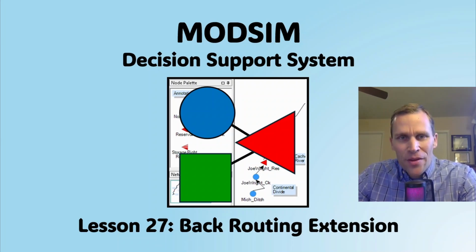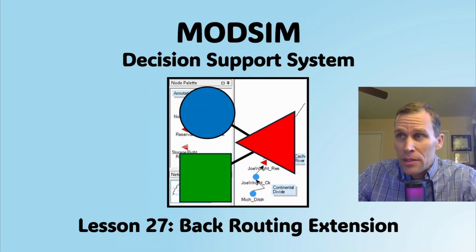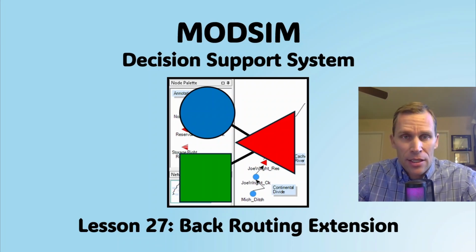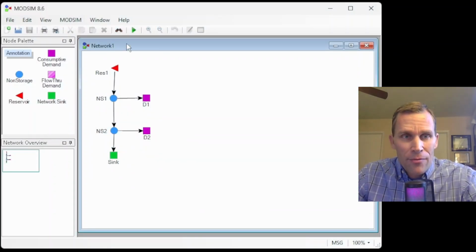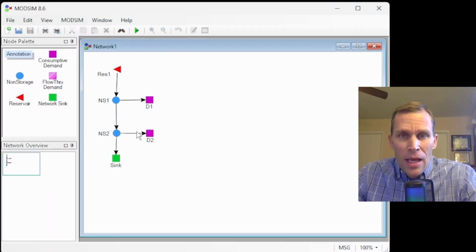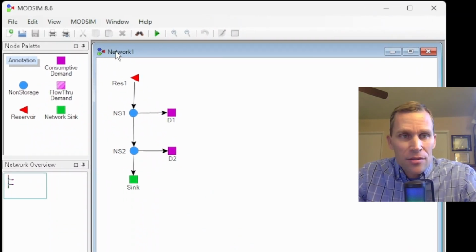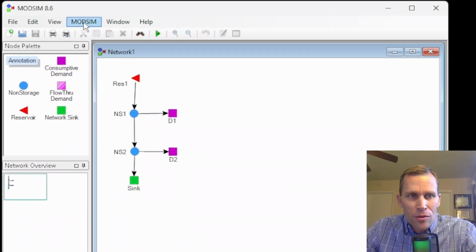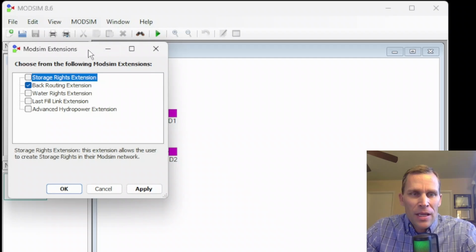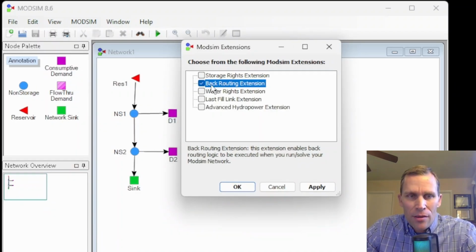Welcome and hello. This is a video lesson in MODSIM, and in this lesson we're going to be talking about the back routing extension. Right here, I have my MODSIM up, I've got a model, and the back routing extension is found in the extensions menu, so go to MODSIM extensions, and as you can see it's the second one right here. I already have it checked on,